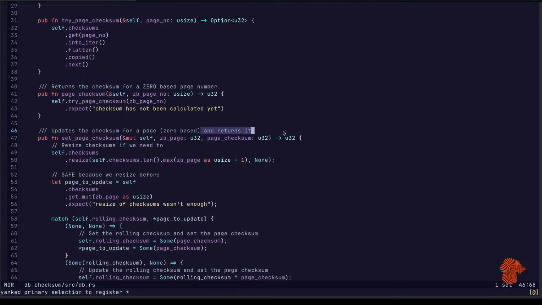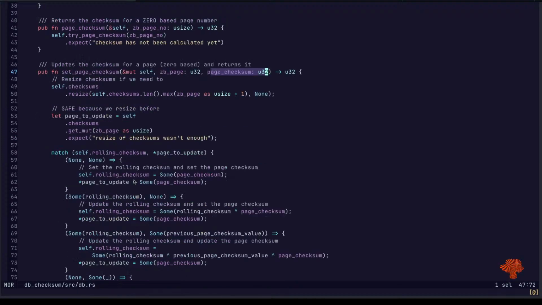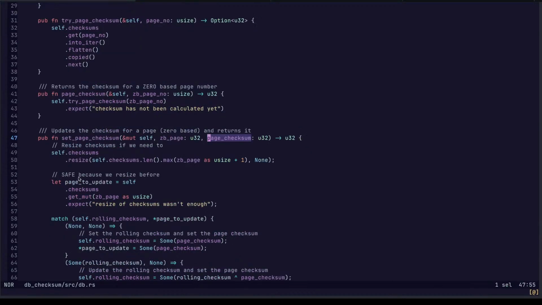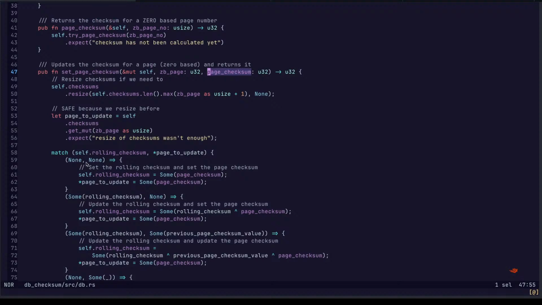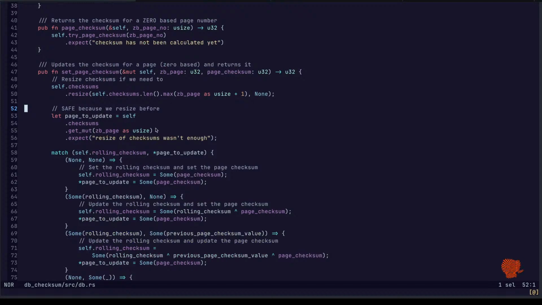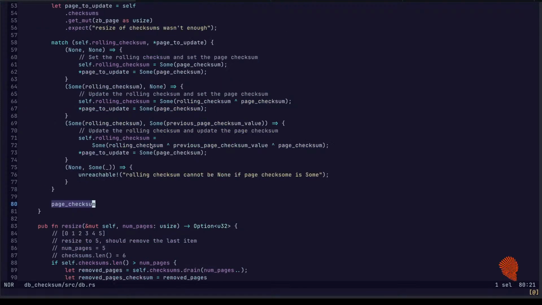Okay. And returns it. What does that mean? Does it return the value that was provided? Page checksum. What? Why does it return it? Okay. Whatever.